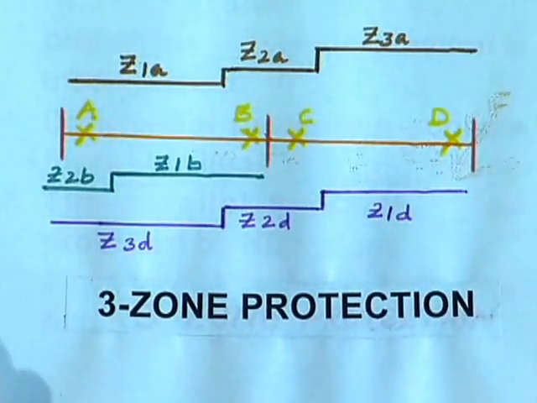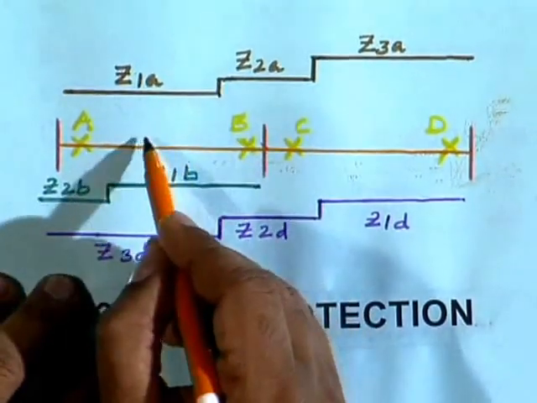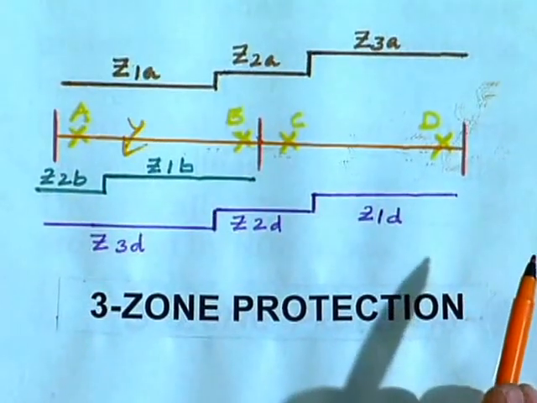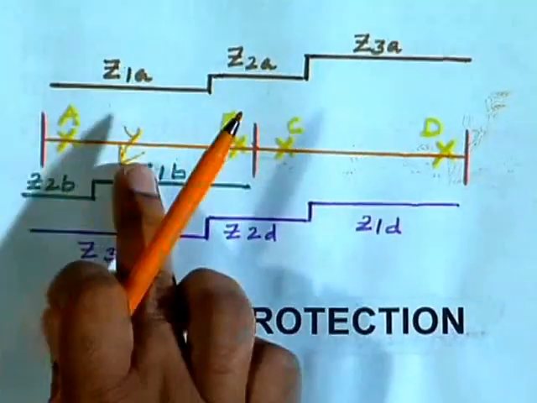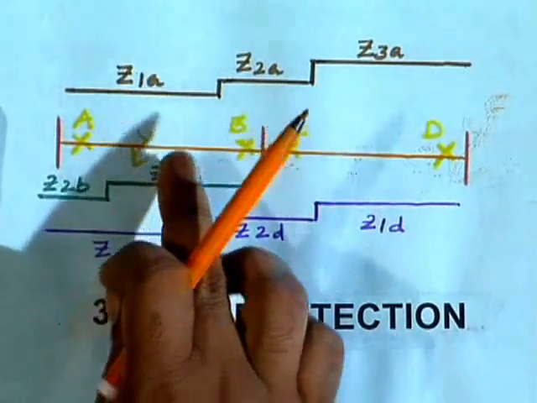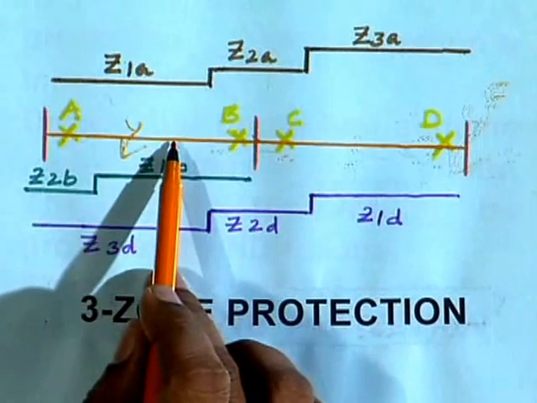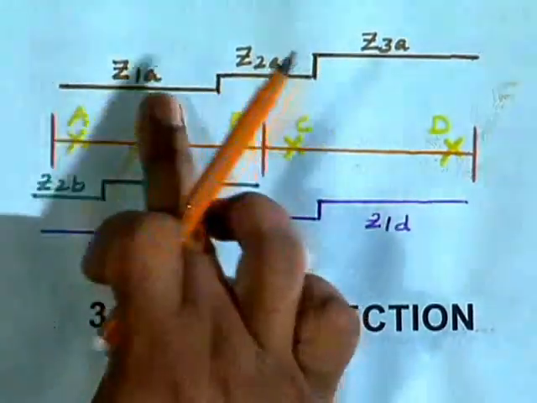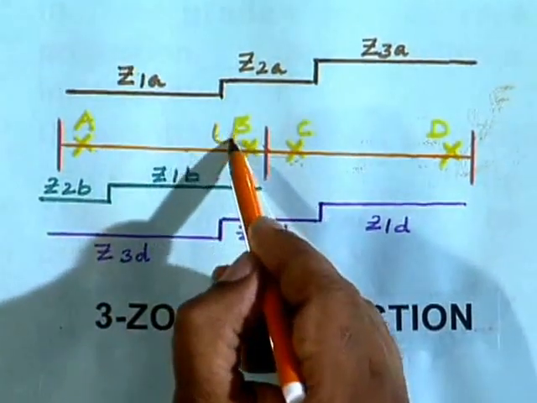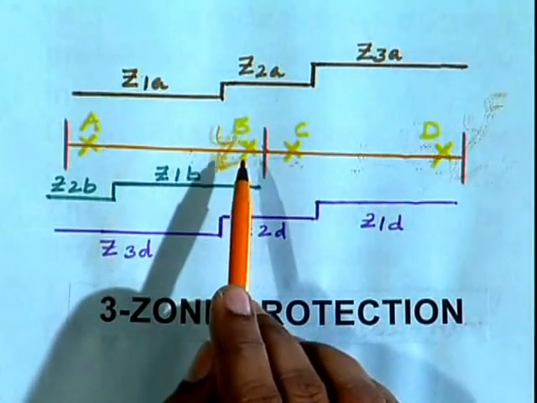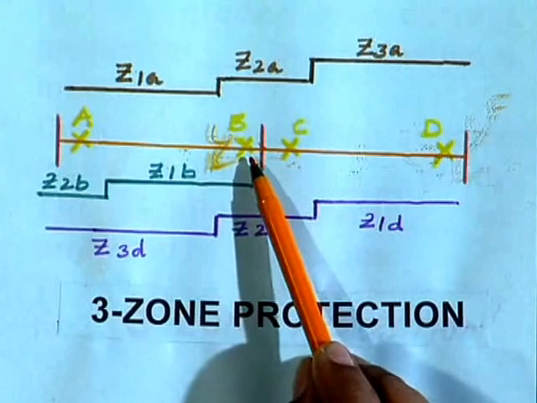You can see here, if the fault occurs within the 80% of the zone, then without any time delay A will operate. A will operate because it falls within the zone, that is 80% of the zone, so the speed of operation will be more. Instead of this, if the fault occurs near B, that is 20% of the zone, what happens? First relay B will operate.